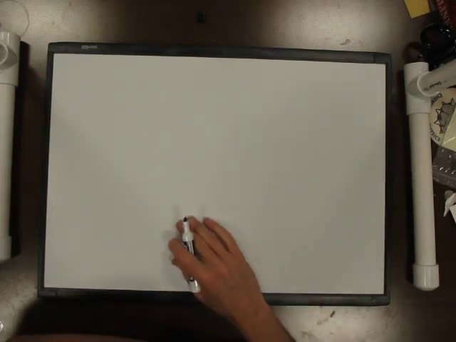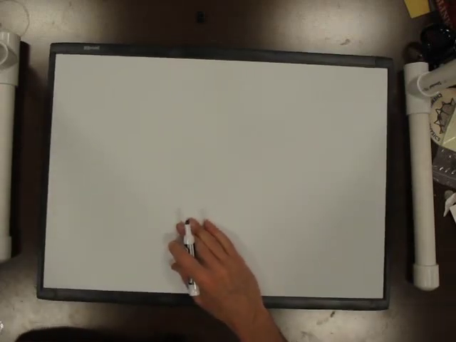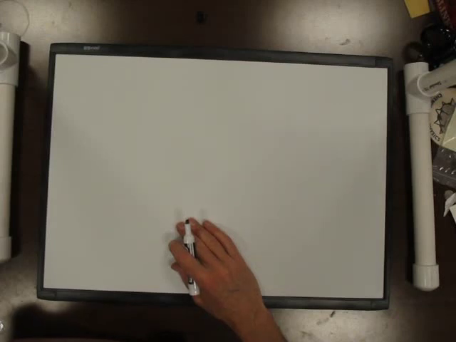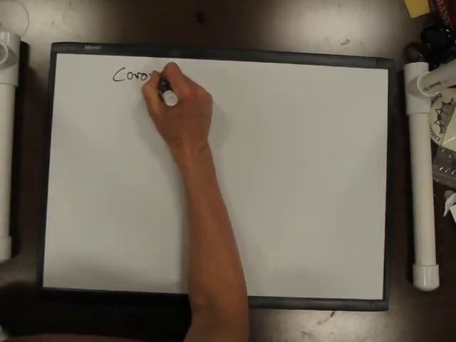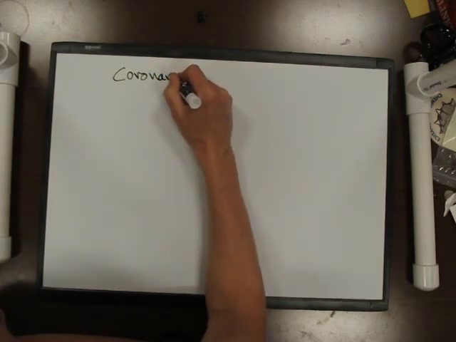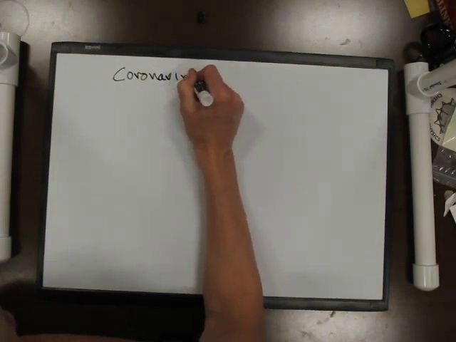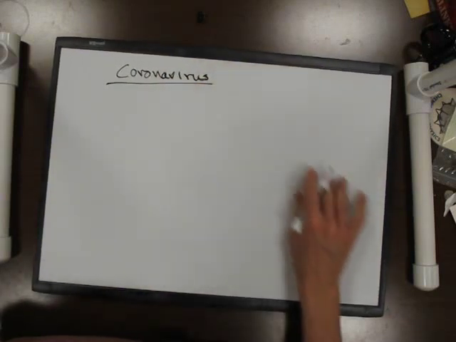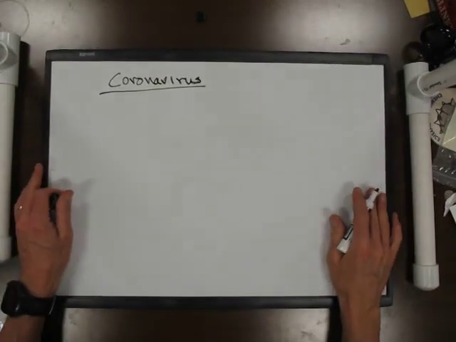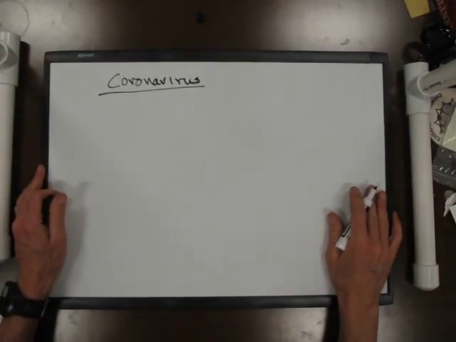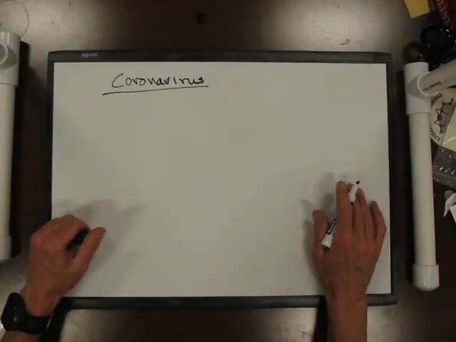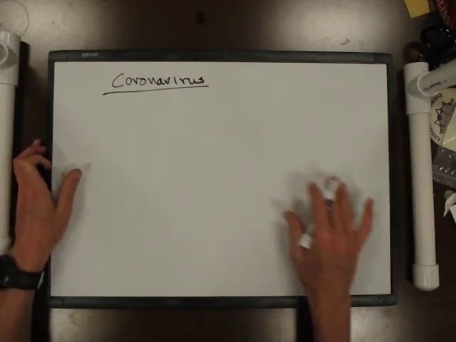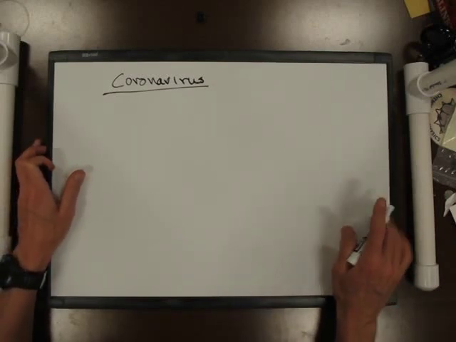So this is a sample lecture, and what I thought I'd talk about just briefly is the coronavirus. Really this is just about infection. Since it's in the news, I thought maybe we could talk about it as a sample lecture. I'm just going to give you some numeric examples that we can discuss here to talk about